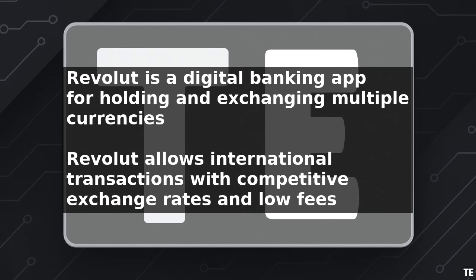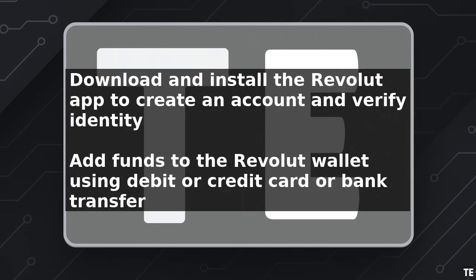Once your account is set up, you can add funds to your Revolut wallet using your debit or credit card, or via bank transfer. To pay in another currency, navigate to the Currencies tab in the app and select the currency you want to use. If you do not have the desired currency in your wallet, Revolut will automatically exchange the funds for you at